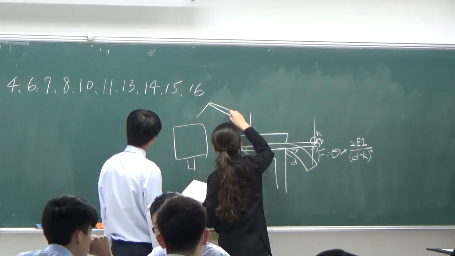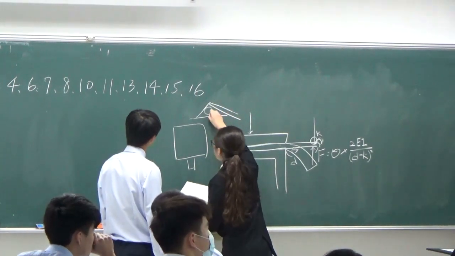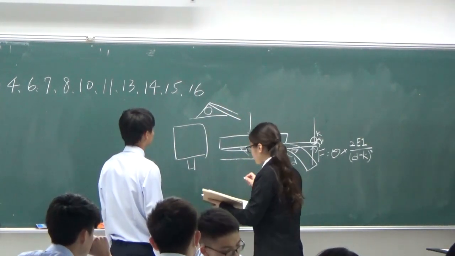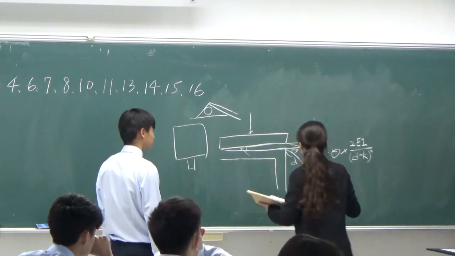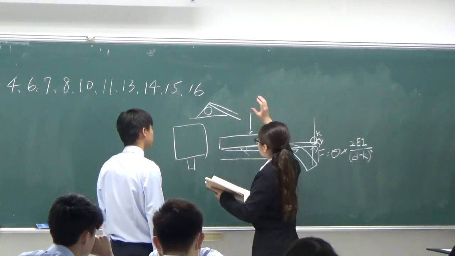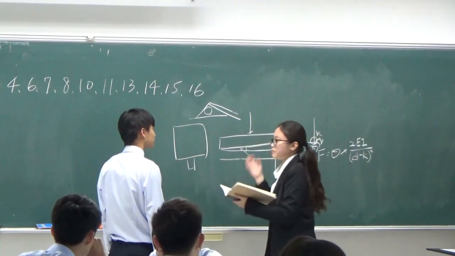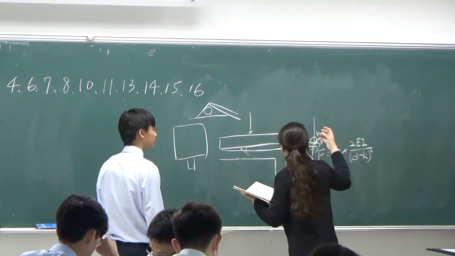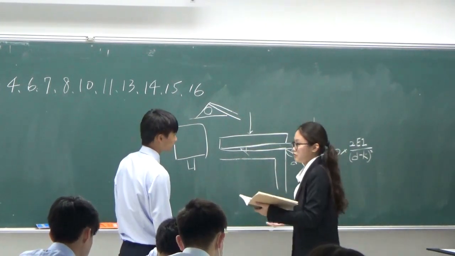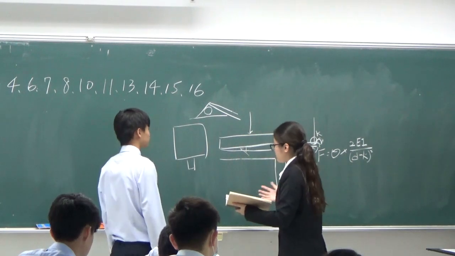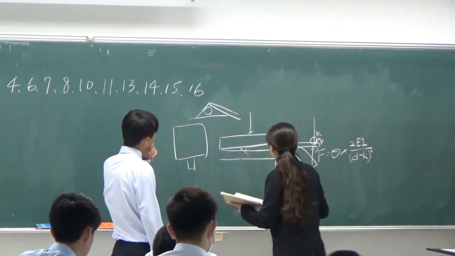So if this is the ruler and this is the paper, it will have an air gap here, right? And so I think you say that the time is important. The time that the ball gave to the ruler is important in this question. So I think that the reason why it is important is because